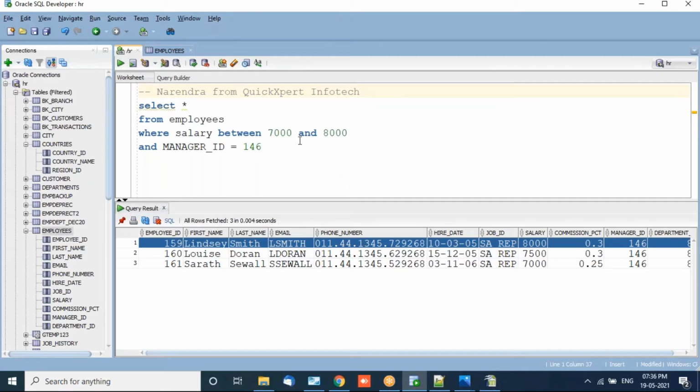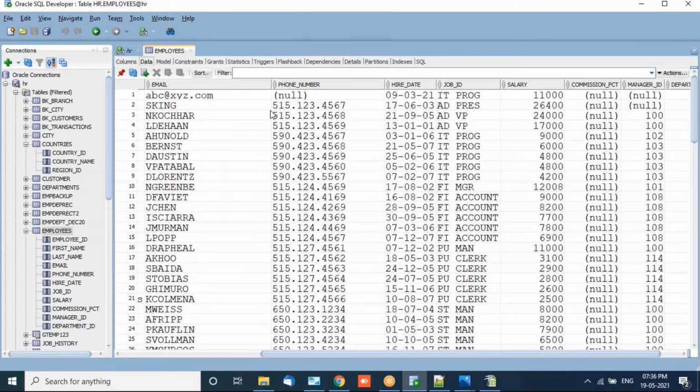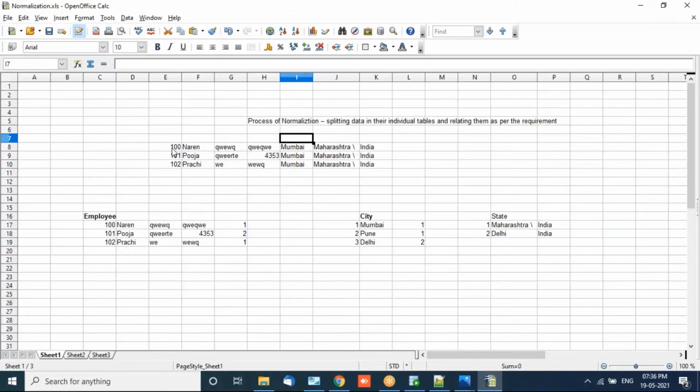This is basically the select query. This is the clause, or you can say the syntax. Initially select, star means all the columns. Whichever columns you can see, there are all the columns. See this, your SQL: if I remove this condition and enter, you can see it's more similar to your Excel.